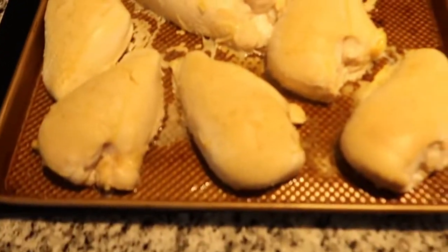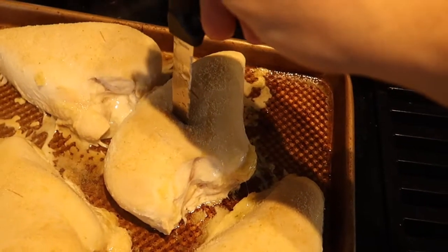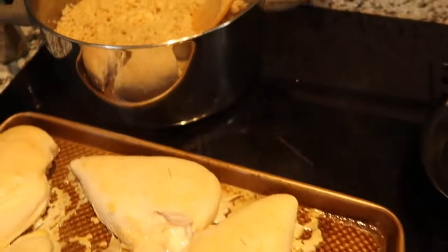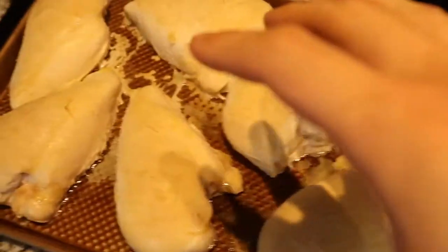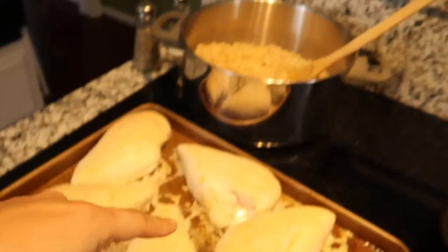Okay, so chicken's finally done, and you guys can tell just how tender this stuff is. Look how easy that knife can go in there. When you bake it like that for a long time, it gets really tender and it retains a lot of its moisture. The rice is done, and I'll have a cup of rice with 1 chicken breast